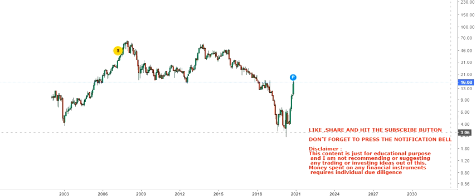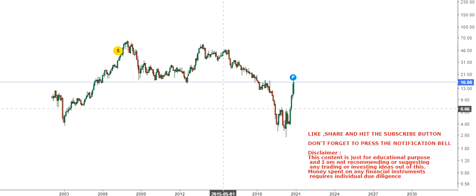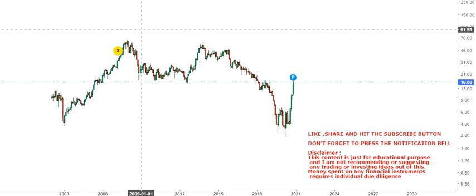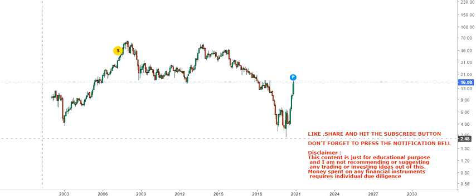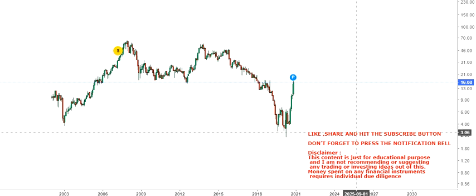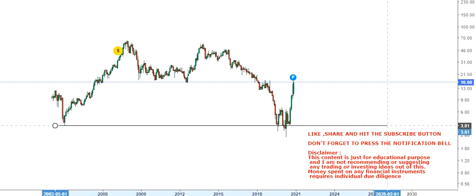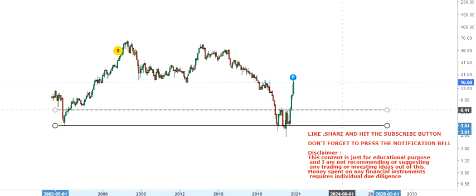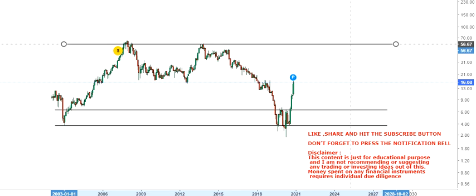So if you're looking at this overall chart, this is a flat chart, although you can see some big swings, but this is a flat chart if you consider the overall trend. Let me just show you. This is the lower end of the range, and this is the higher end of the range.